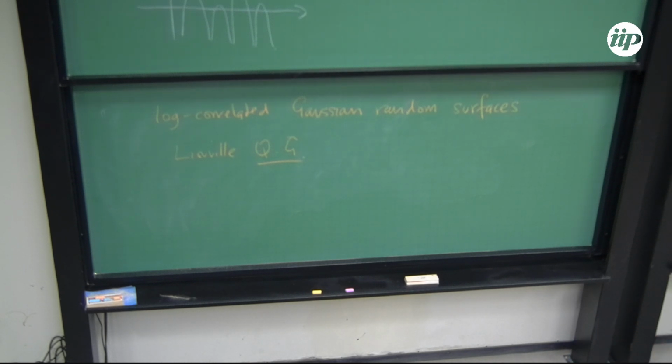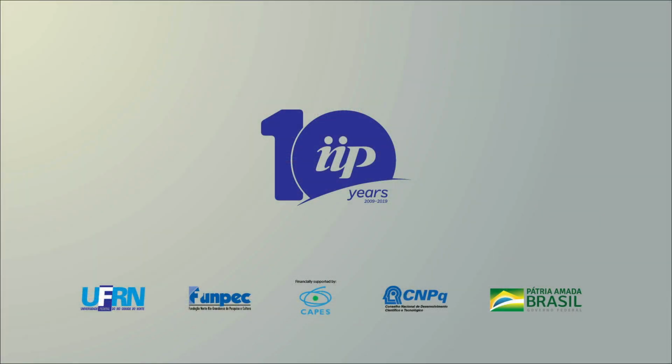So, questions? To the first part of your talk, you could also look at the quantum graphs where the semi-classical approximation is not